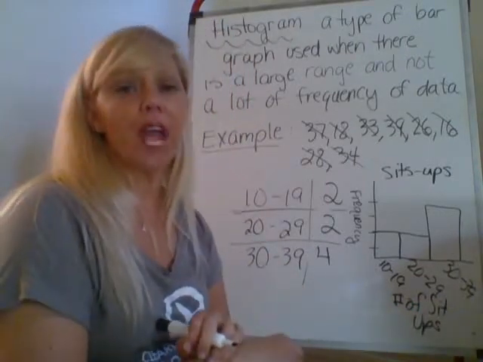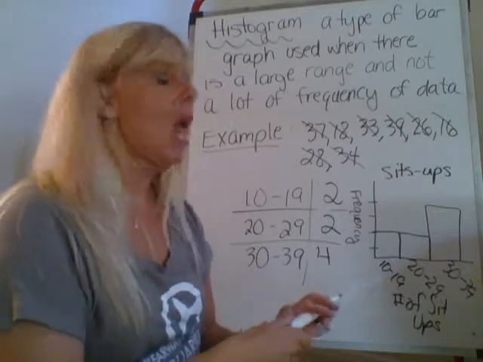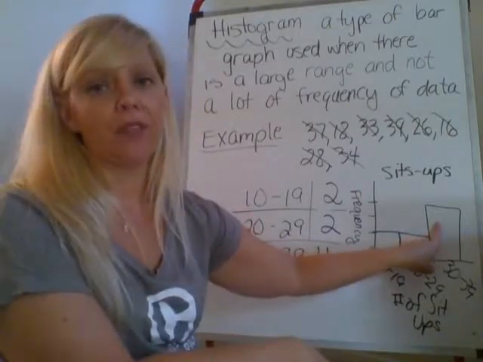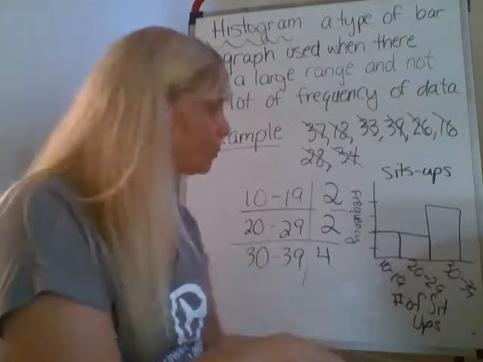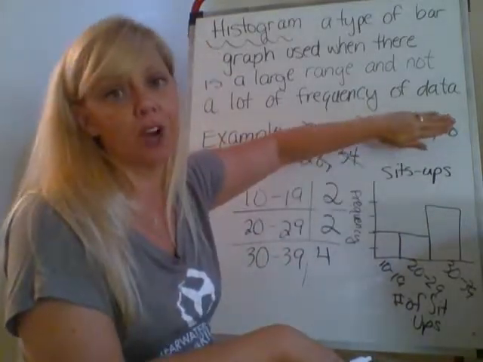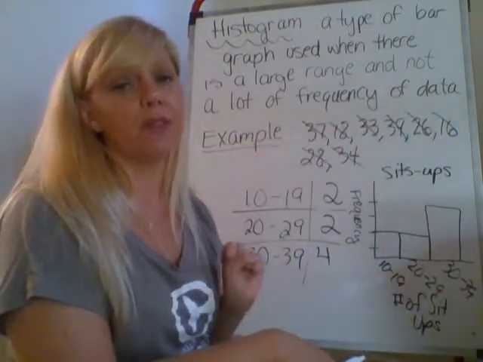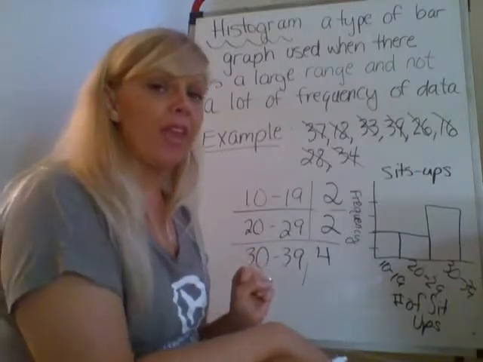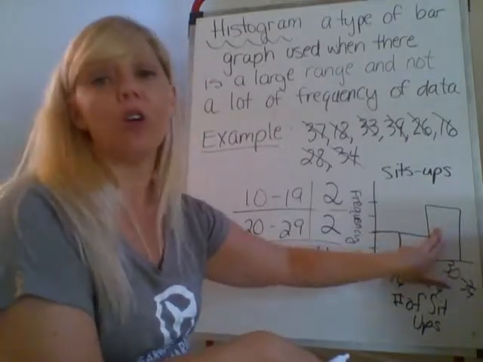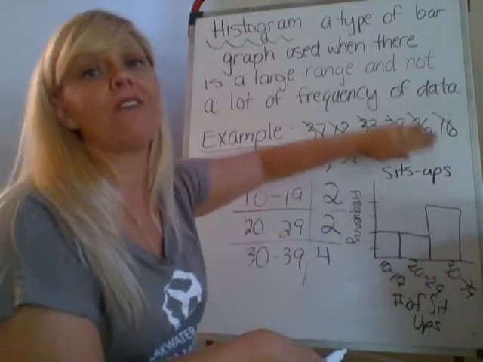Okay, so using my vocabulary from the last video of dot plot, I know that I have a cluster of data in the 30 to 39 range. So let's pretend for a minute I don't know what any of these numbers are. This is the only thing I was given. So the problem with a histogram is I don't know what four numbers these are if I'm not given them